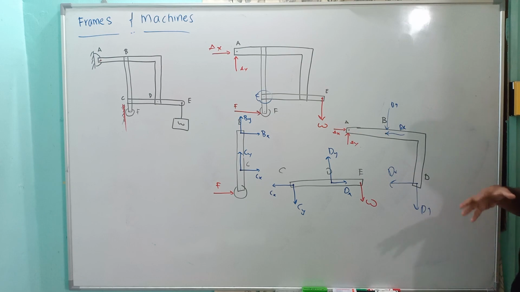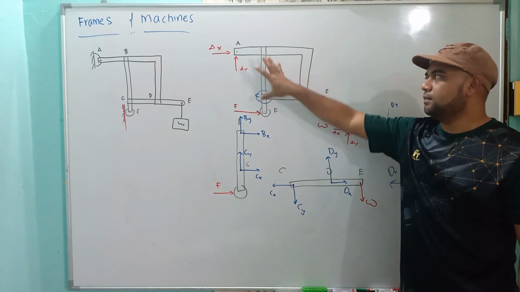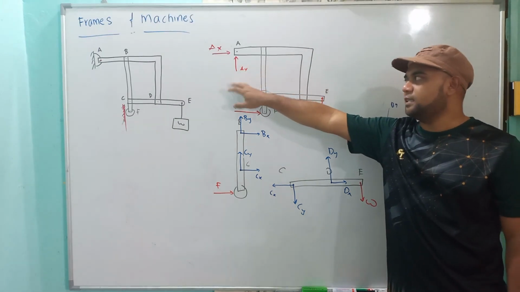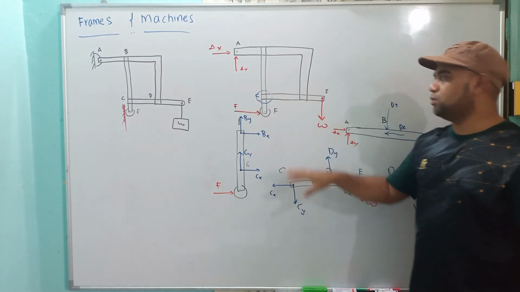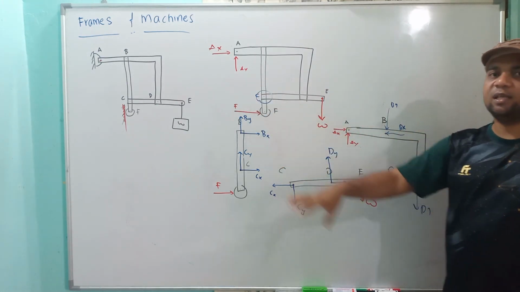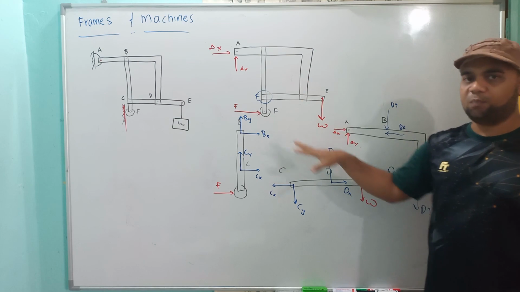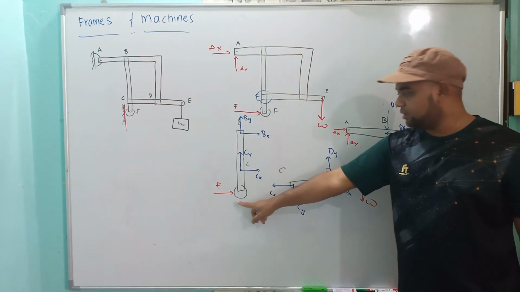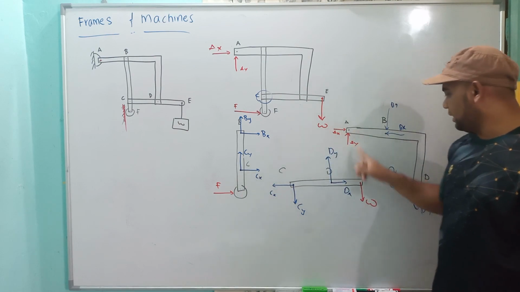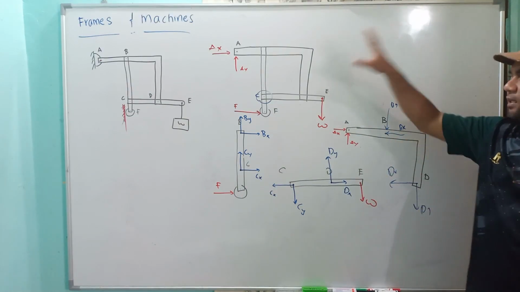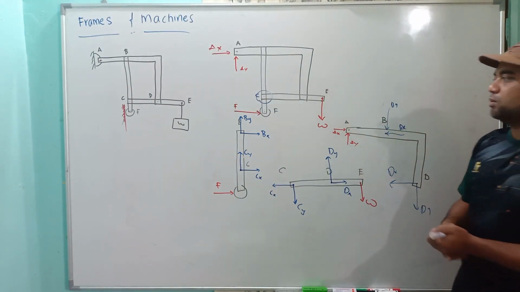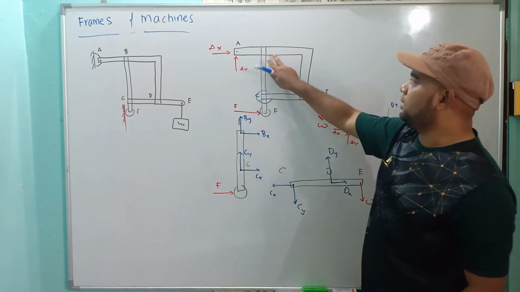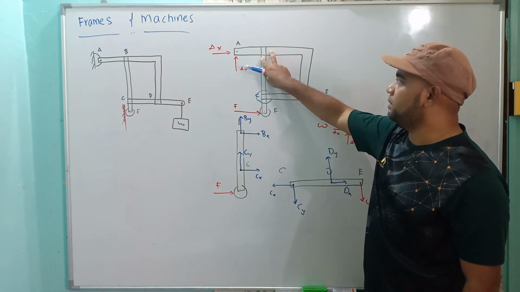So I repeat, for the overall free body diagram, you just draw the reaction at the end of it, and then you want to transfer to each and every component here. Okay, you see that it's not a shared point. A, E, and F is only one. Here F, A, and W. Other parts are shared points, so you want to draw internally when it separates, so you will have reaction forces.